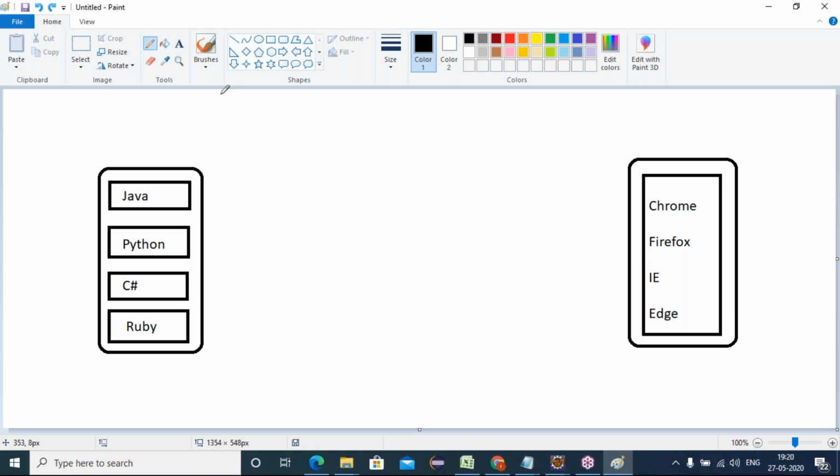In between these two, there are two more layers which make your script execute in all these browsers. What are they? Yes, there are two more layers. One layer is